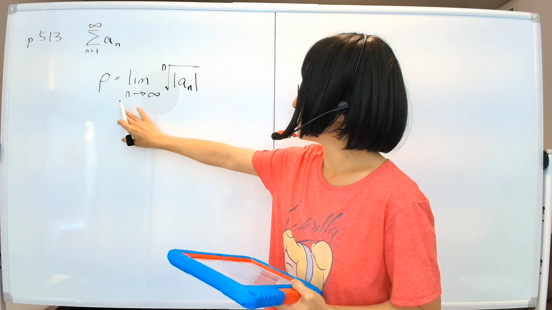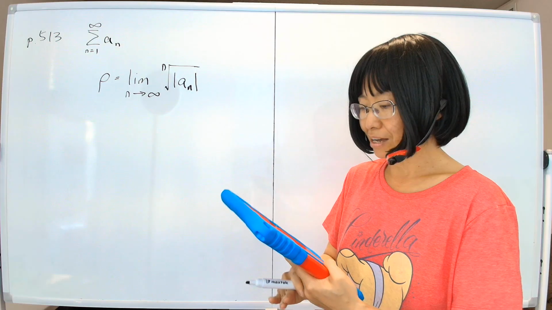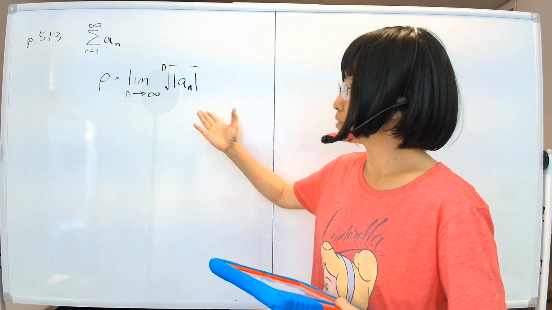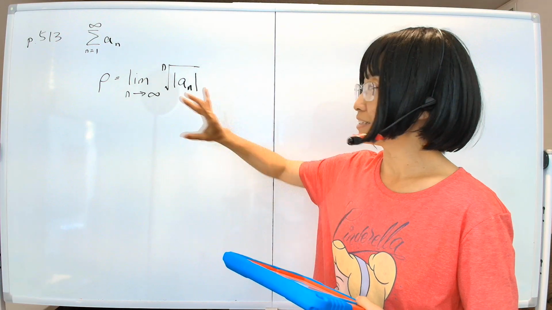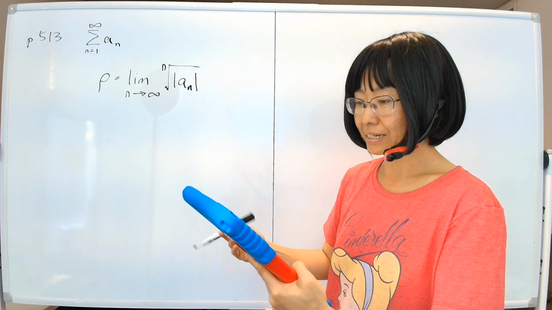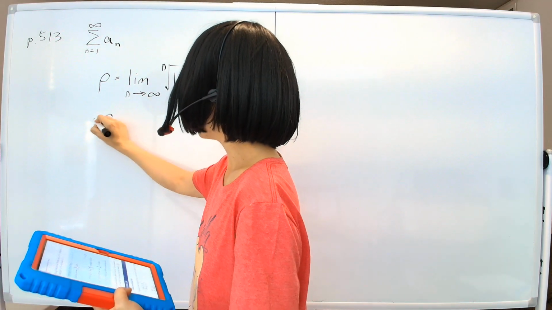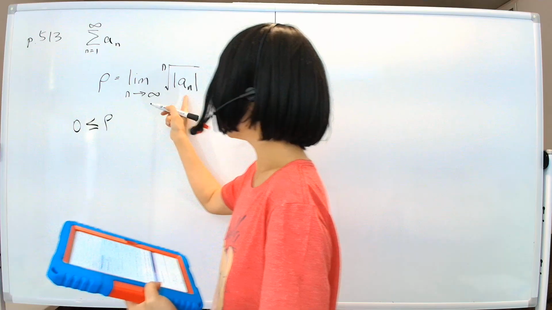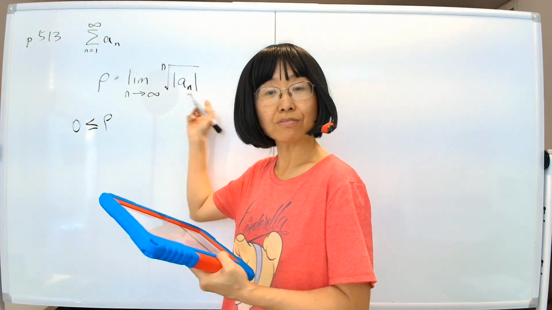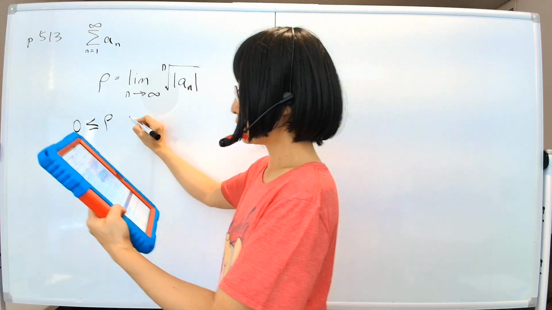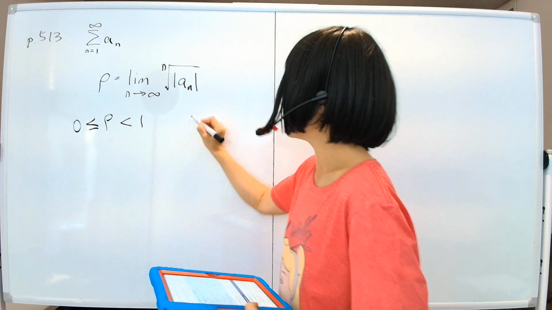And as you can see, it takes the roots all the way to infinity, which makes you think, wow, how are you going to calculate that? Well, it might not be hard to do, but if it works, then the test will apply accordingly. The first condition is that rho is always going to be bigger than or equal to 0, because it's the nth root of the absolute value. But if you can prove that it's strictly less than 1, then